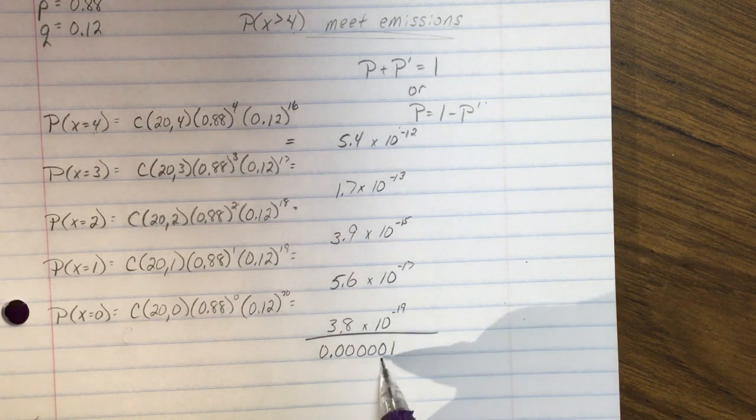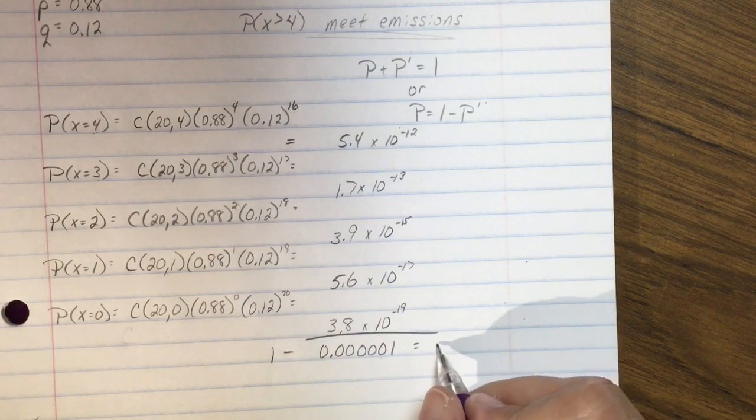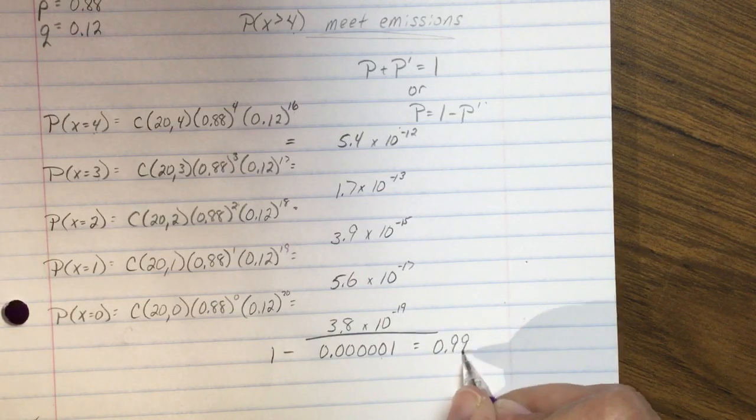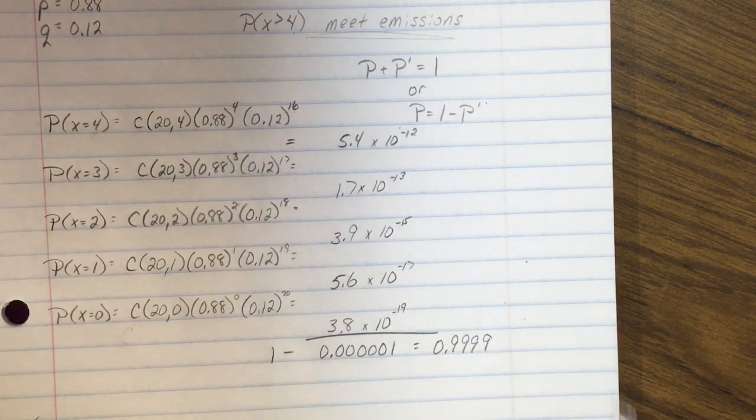We're going to subtract that from 1 to get, now we don't round properly on this one, because if we do, it rounds to 1. So we leave it, trying to make sure, since we're talking probability, we leave it at